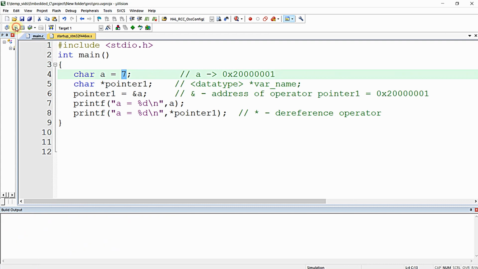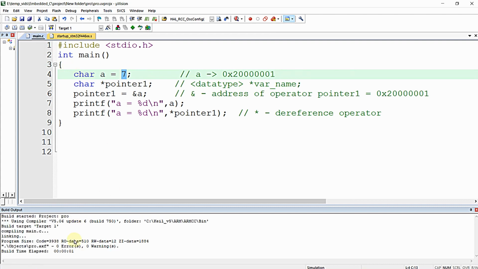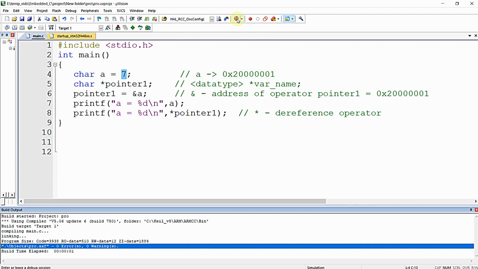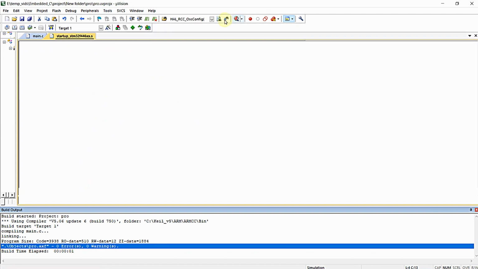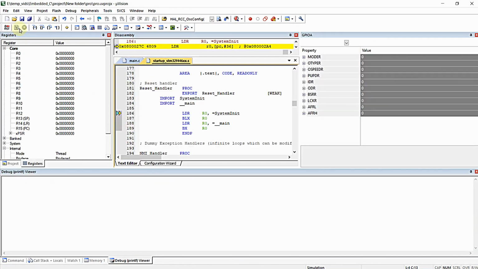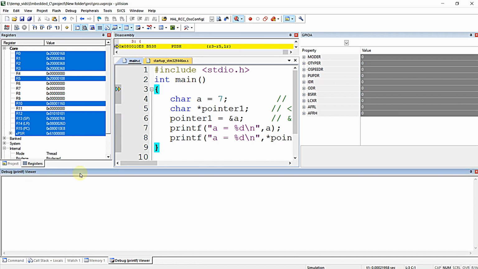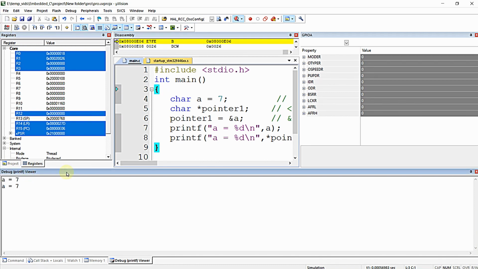So let me just compile. You can see 0 errors and 0 warnings. When I run it in simulation, you can see the debug printf viewer window is right over here. When I run this program, you can see I am getting a is equal to 7 and a is equal